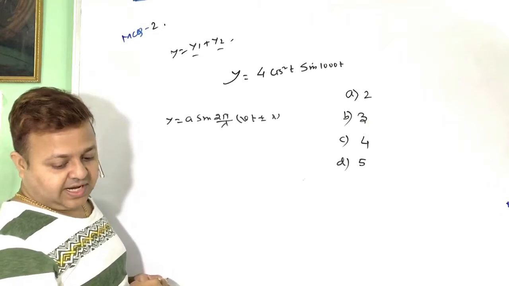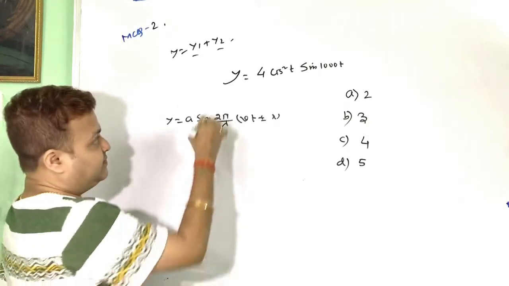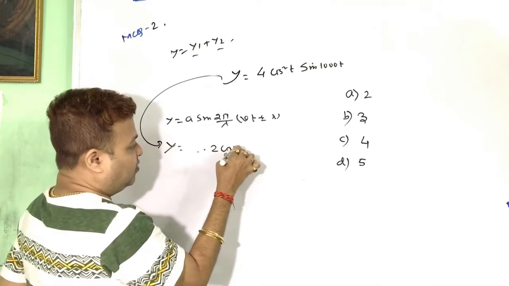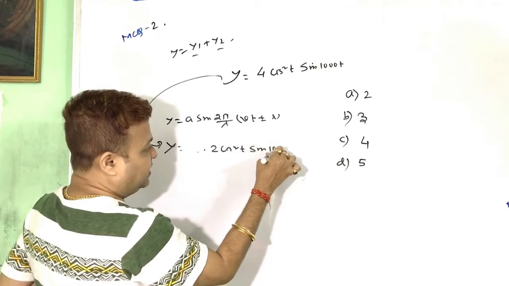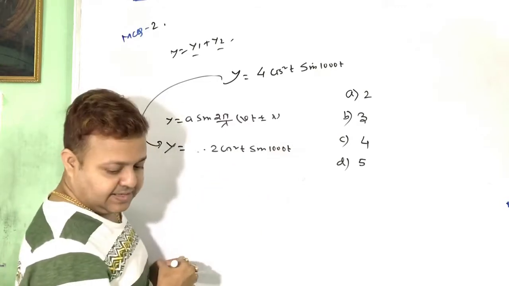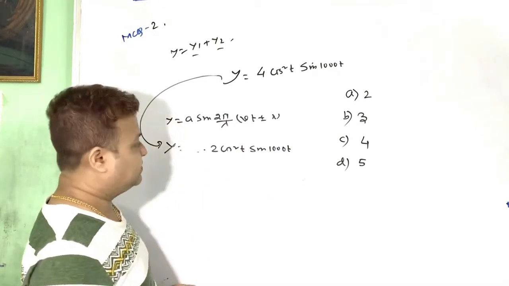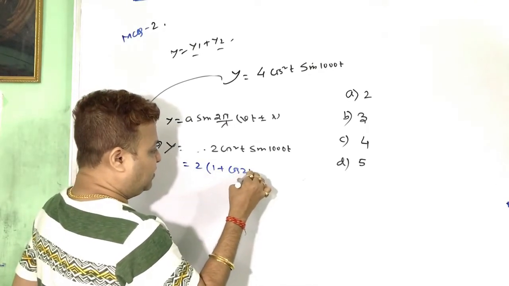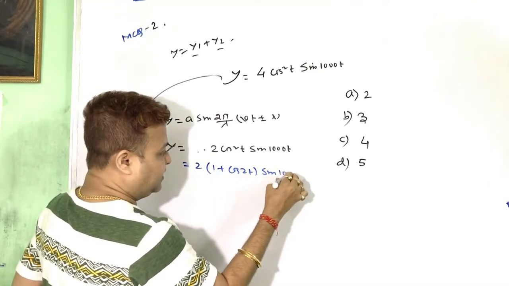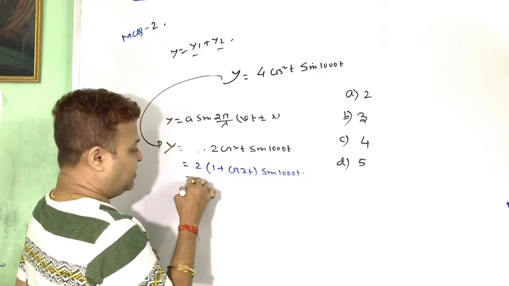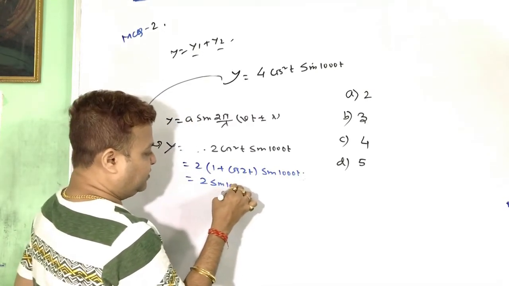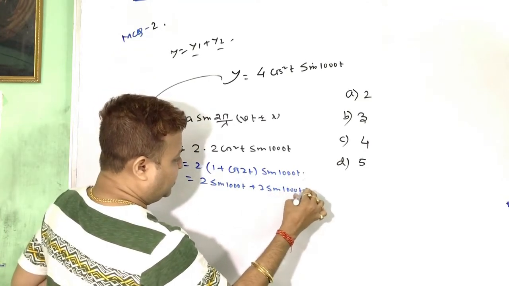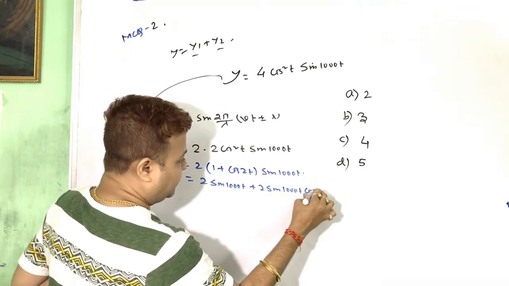তাহলে এখানে দেখে নে কতগুলো সাইন বা কস ফাংশনের অ্যাডিশন হচ্ছে। এটাকে যদি আমি স্প্লিট করি, 2 cos square t sin of 1000t, তাই তো? এটা মানে কি লিখতে পারি, (1 plus cos of 2t) sin of 1000t, তাহলে মাল্টিপ্লাই করলে 2 sin of 1000t plus 2 sin of 1000t cos of 2t।